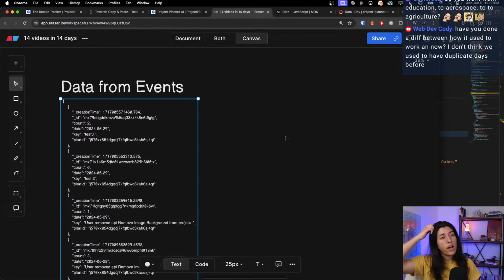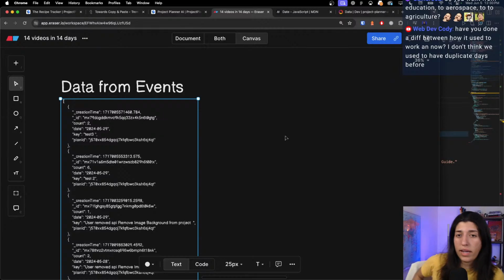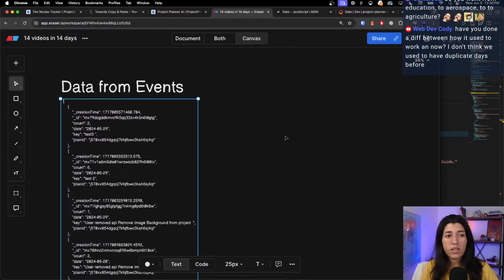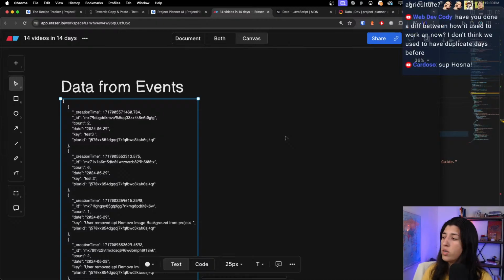So we didn't have duplicate dates because the table got the right X and Y's from our database. But now, since I'm trying to implement the filtering,